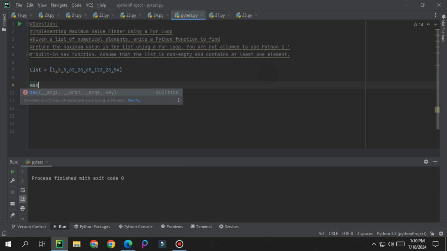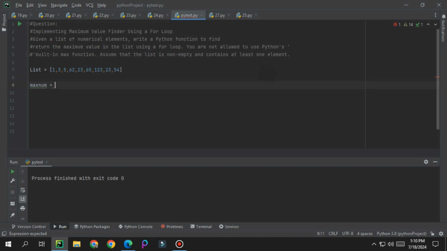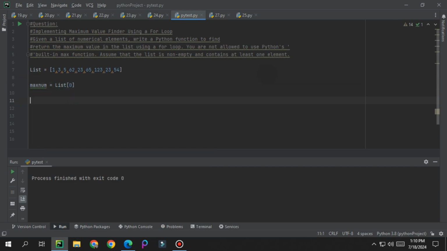So max num is equal to list, and we came up with index 0. So here we assume that the first element is the maximum of the whole list, right? So next,